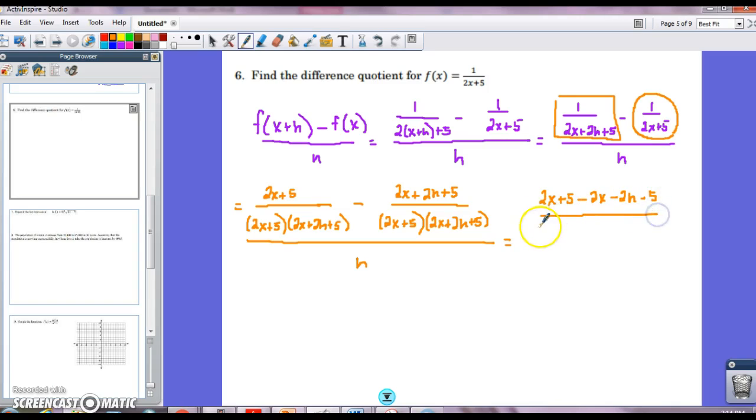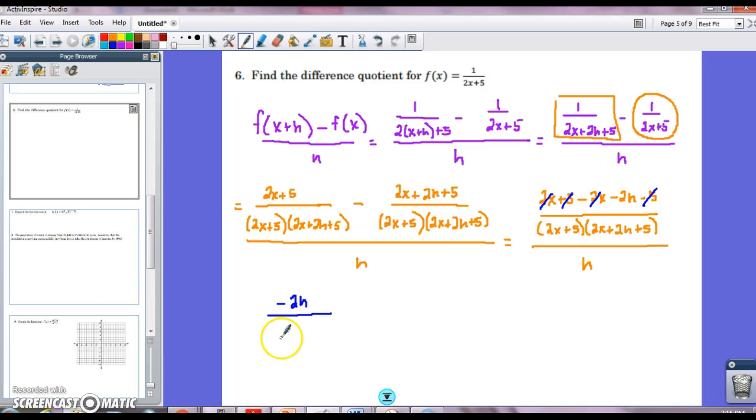All of that over this denominator, 2x plus 5 times 2x plus 2h plus 5, all of that over h. Now I do have some terms that cancel each other out, positive 2x, negative 2x, positive 5, and negative 5. Okay, so I'm left with negative 2h over that big long denominator,